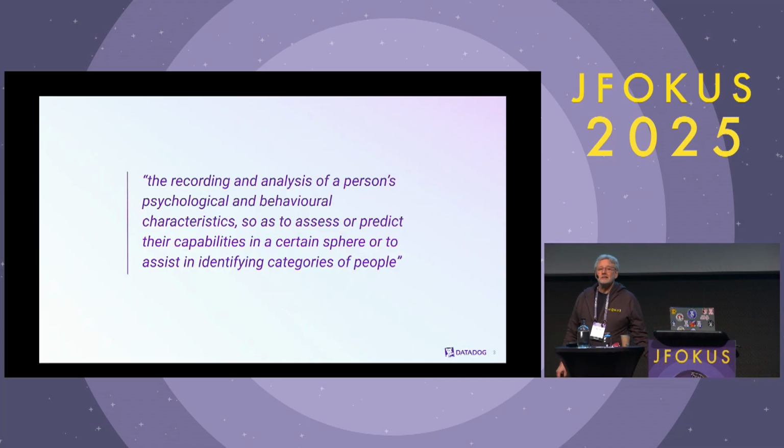If you go to Google or somewhere and ask, what is profiling? You're probably going to see something like this. The recording and analysis of a person's psychological and behavior characteristics so as to assess or predict their capabilities in a certain sphere or to assist in identifying categories of people. That sounds a little bit Big Brother, but it's obviously the FBI kind of profiler that you've seen in TV